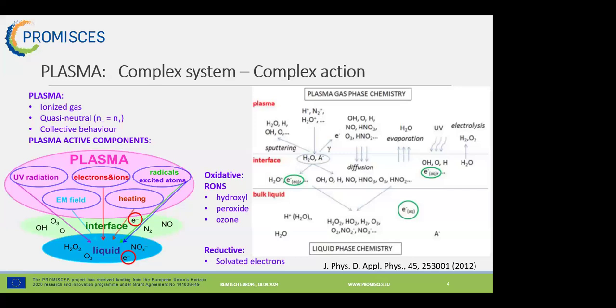And when the plasma is used to treat liquids, here at the interface between the sample and the plasma, we have many chemical processes producing many active species in this place and also inside the liquid. And these active species can be divided in two groups. They are reactive oxygen and nitrogen species, which are oxidative, and we have in the liquid solvated electrons, which have a reduction